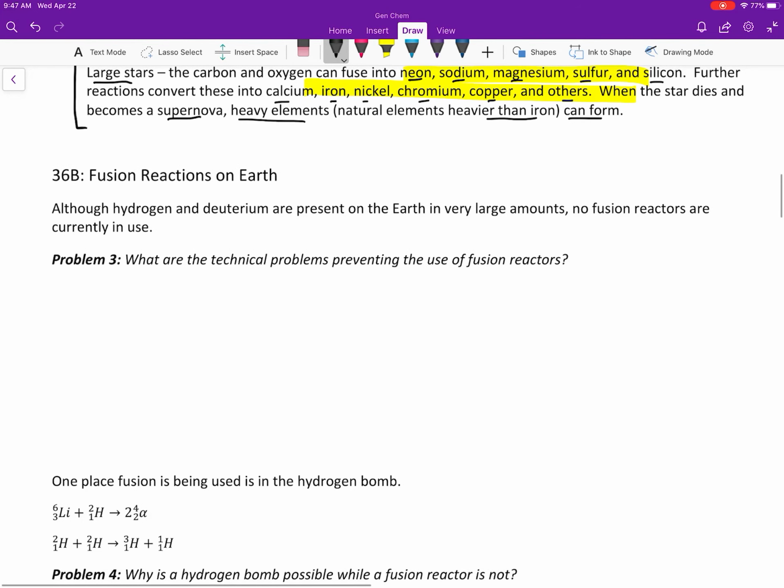All right, so fusion reactions on Earth. So is it possible to take this fusion reaction that we know provides a ton of energy, that we know can create elements that we might need more of? How can we make those happen on Earth? Well, first of all, although hydrogen and deuterium are both present on Earth in very large amounts,